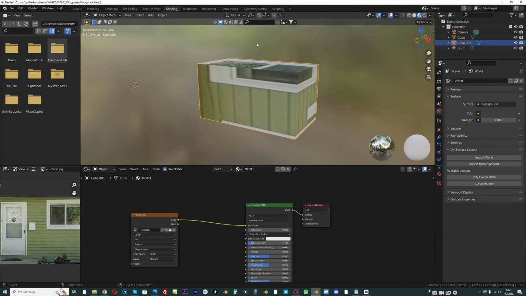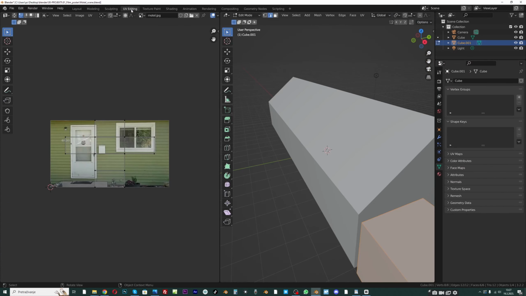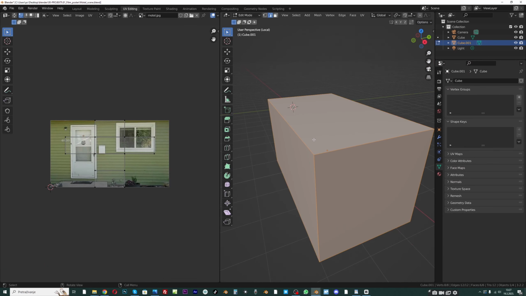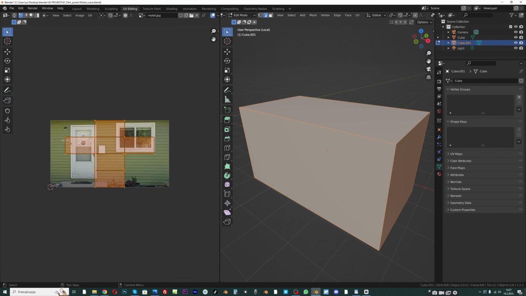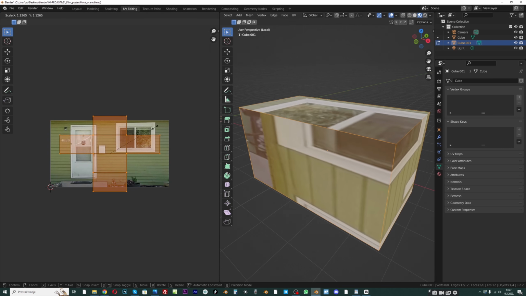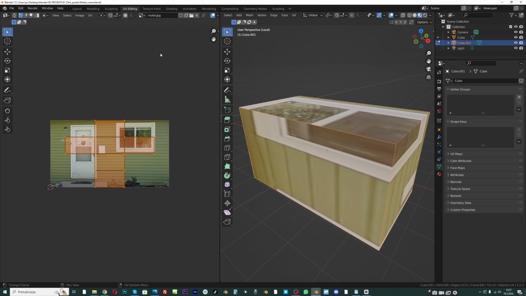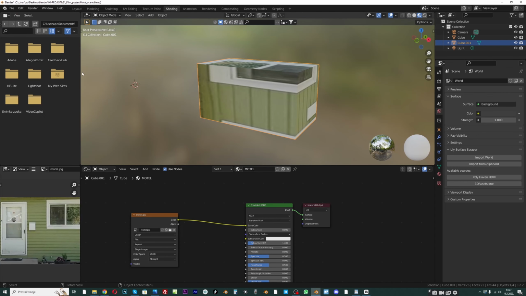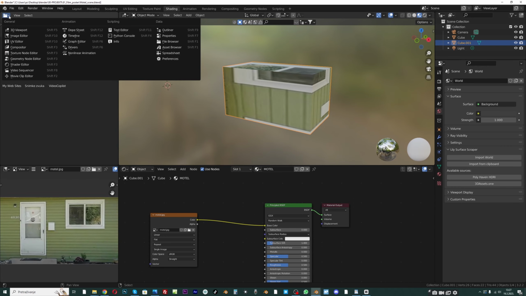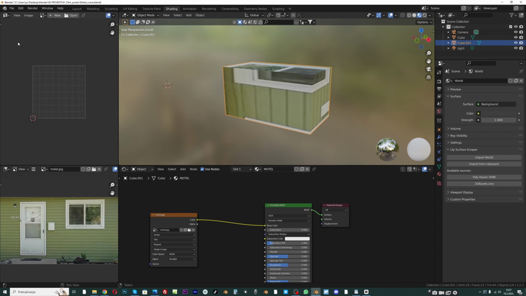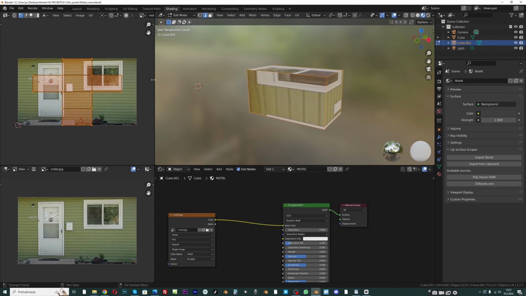Now we need to unwrap this, so you can go to the UV editing tab and you can again use numpad slash key and change this, and you can select this material preview here and you can unwrap this here. But because I don't want to jump between these tabs all the time, I can just bring this UV editor here. So you can just select this UV editor, and when you go to edit mode you will see this on the left. And because I don't need this image here, I have one here, I will just join this area